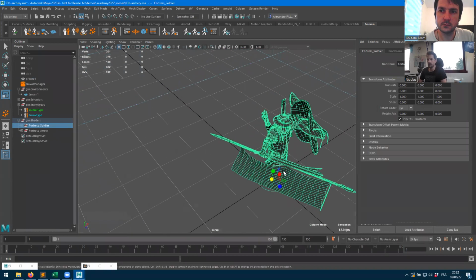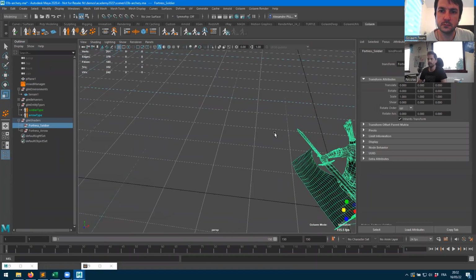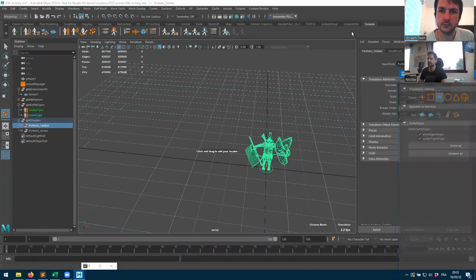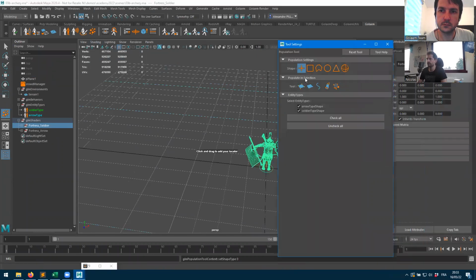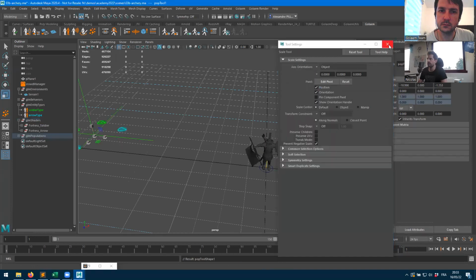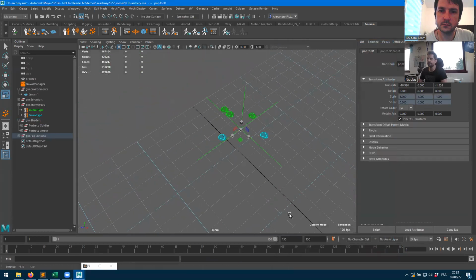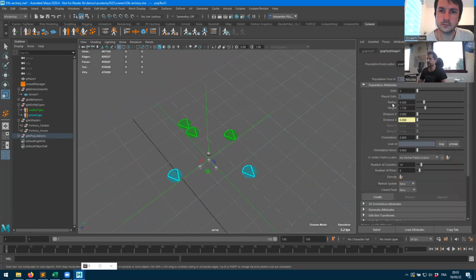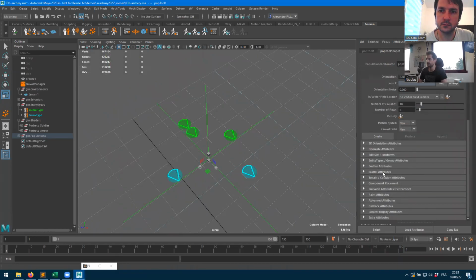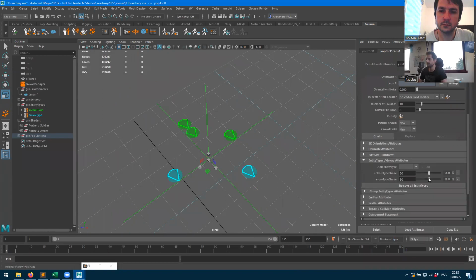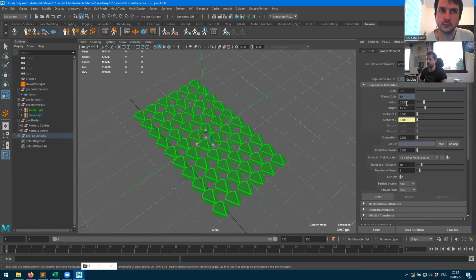So now that we've created our different types, we need to populate the scene with our soldiers. So let's make a grid of archery soldiers. From the population tool, double-click to open the tool settings. I can create a grid, or you can just select whatever you want here. You're big enough now to do your own population. I want to specify that I want only green characters in the system. So I go into the entity types attributes, remove the arrow types, put it to 0, and set up my grid of soldiers, probably inverting it, like 15,